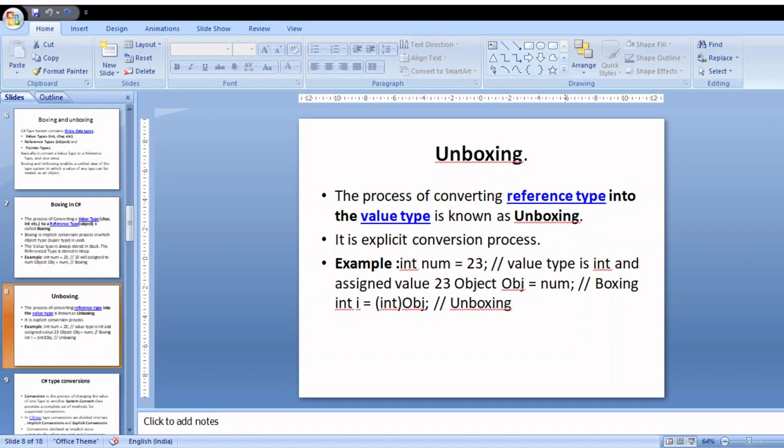We are declaring the variable i with the data type int and converting that object type to again int type value. This is the unboxing process.